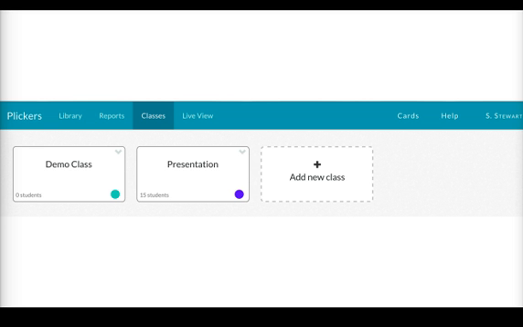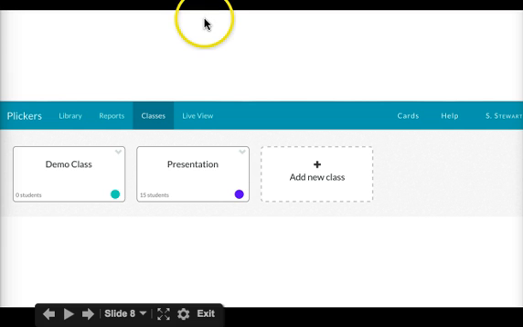Here's a look at what the dashboard looks like when you log in. It's got a really nice, clean interface. As you can see, I'll draw a couple things on here for you. Over here, over cards, this is where you would actually go to print out the cards. They have different sizes available, which is really nice.